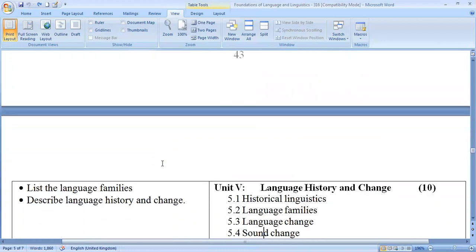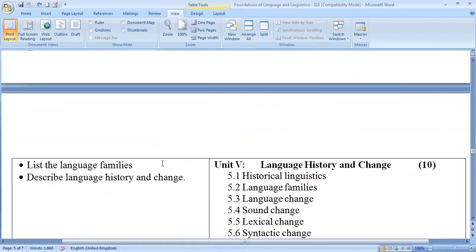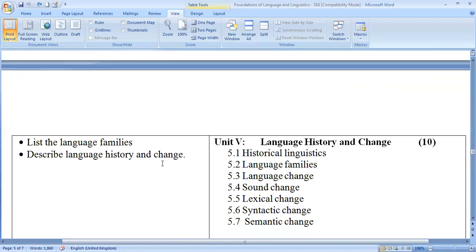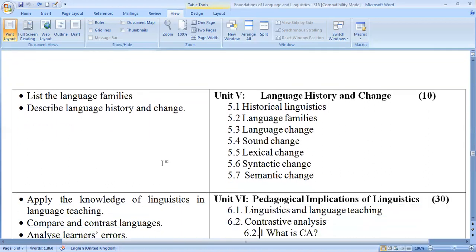Then under unit 5, students have to learn language history and change, various types of language phenomena are given here. The description of language change, its history is given here. Historical linguistics, language families, language change, sound change, lexical change, syntactic change, semantic change. Students have to learn in unit 5. Then unit 6,